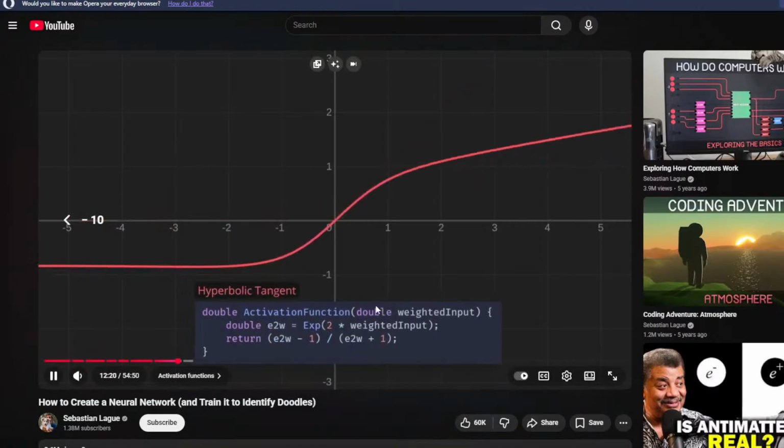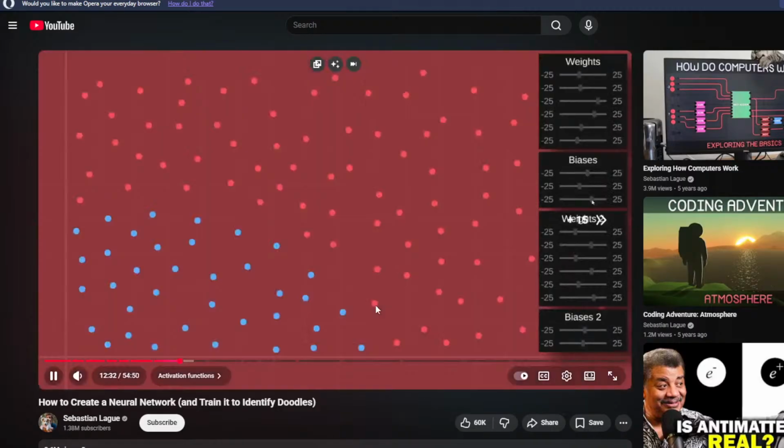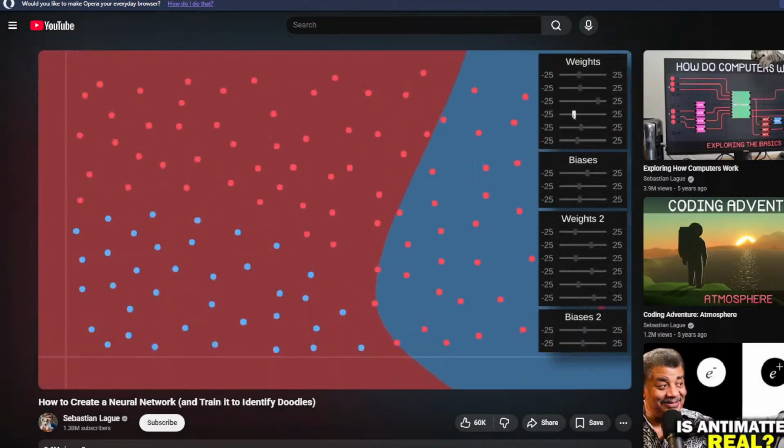With this, once again, we're now able to make nice smooth boundaries. And more importantly, making small changes to any of the sliders will no longer result in a drastic change to the output. Anyway, as fun as it is trying endlessly to train this network by hand, the goal of course